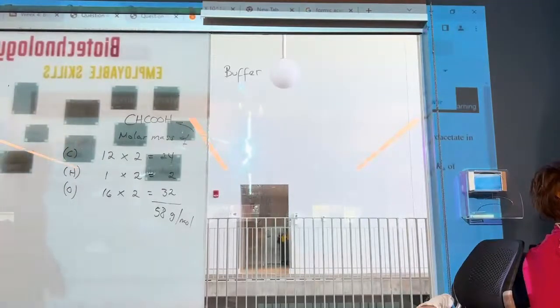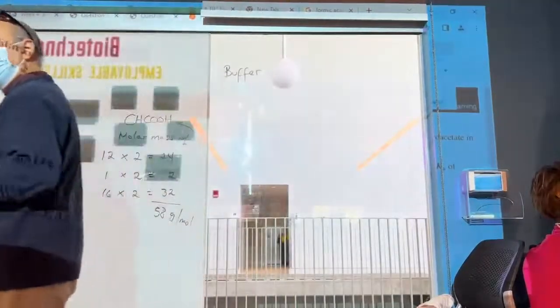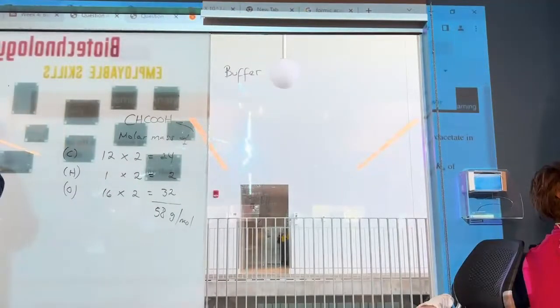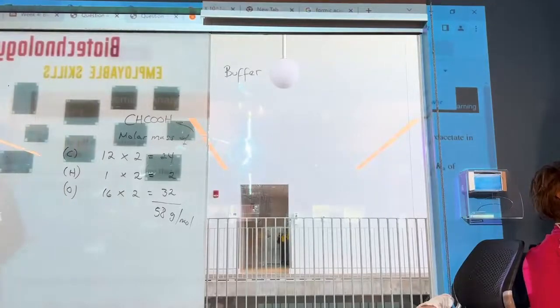Because when you do biochemistry, let's say that you're trying to understand an enzyme, and that enzyme comes from E. coli, and E. coli lives at a pH of about 6.2. So the optimum pH for that enzyme to work is going to be a pH of 6.2. So what you want to do is prepare a buffer to study that enzyme in the lab that keeps the pH around 6.2. How do you do that? Well, it's actually